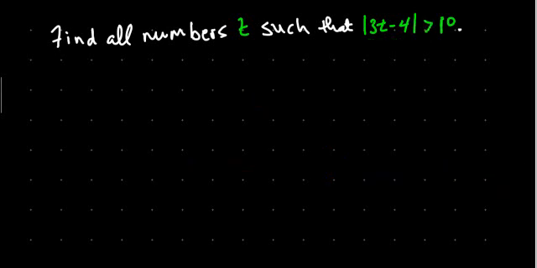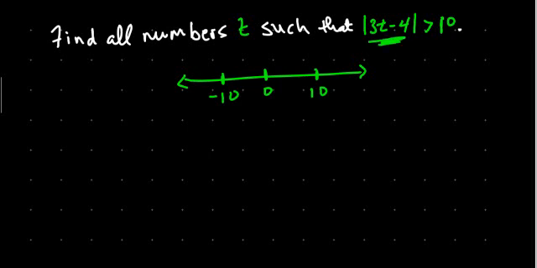Look at the next problem I've got here, and we're going to make it a greater than 10. So find all numbers t such that the absolute value of 3t minus 4 is greater than 10. Again, the first thing I'm going to do is go to the number line. I always go to the number line with these and think about it. Here's 0. Let's say here's 10. Here's -10. And so the absolute value of something, again, I don't care what it is. It happens to be 3t minus 4, but anything that I take the absolute value of, and if it spits out a number greater than 10, then it had to live